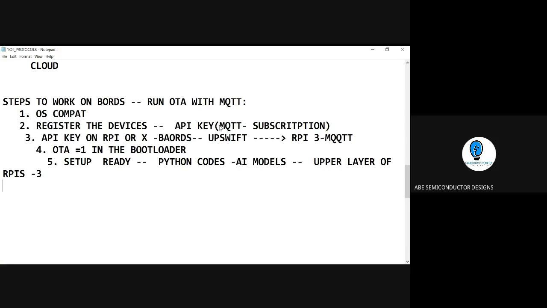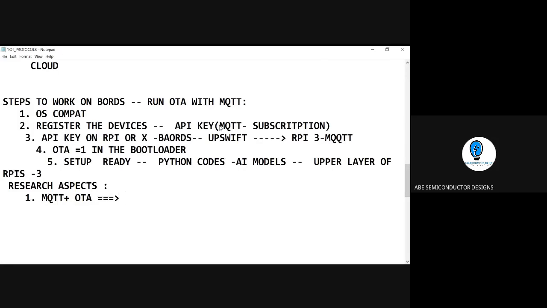So what kind of thing do we have to check? What kind of research aspect? The research aspect is simple. How do we improve the research aspects? What are the research aspects we can pursue with this kind of mechanism? The first research aspect is, with the help of the MQTT protocol, since I am talking about the combination with OTA.